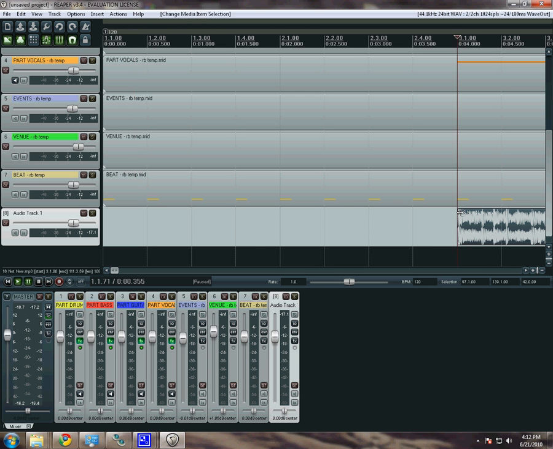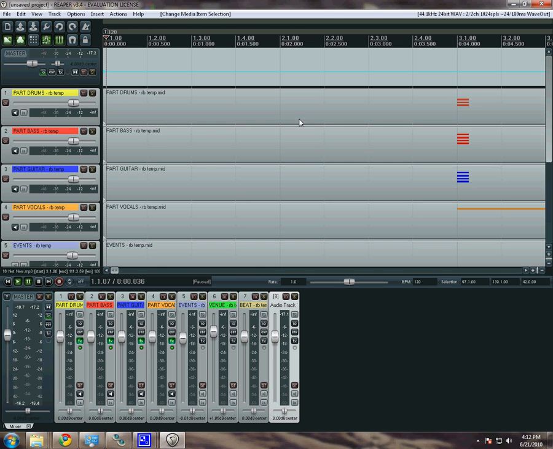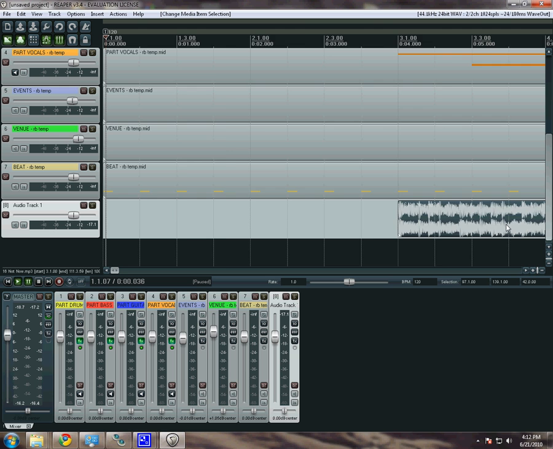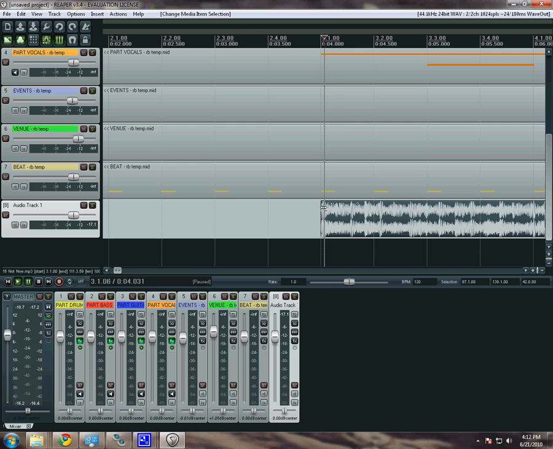Alright, and basically what you're going to do is turn snap to grid off. This is the most important part. It's called tempo mapping, and this is what makes sure that the notes match the music perfectly. And what you're going to do is go to the spot, zoom in, where there is the first peak. And if we listen to the song,